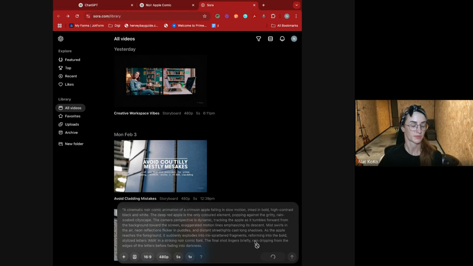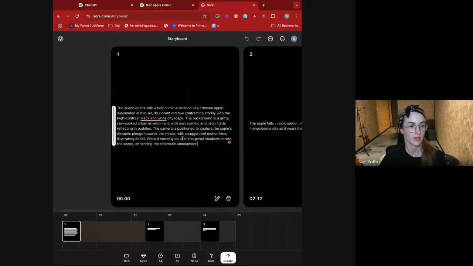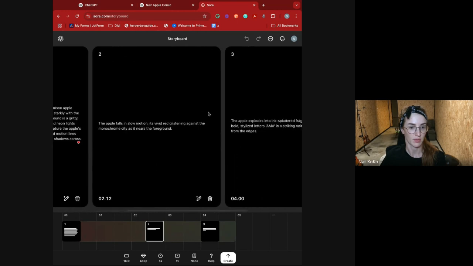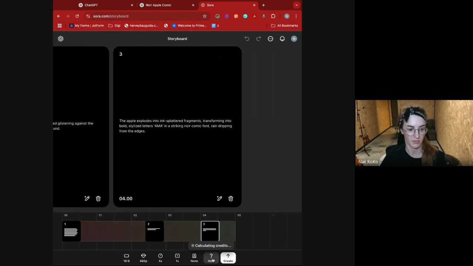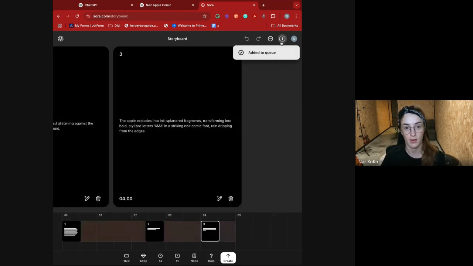Generate storyboard. Could just be a glitch or a user error that's happened, why it didn't show a scene by scene storyboard. Okay, here we go. This is what I was looking for. I'll have a quick read over it. The scene opens, the apple, and so on. And that's good enough for me. It's going to use 25 credits. I'm happy with that. We'll hit create. It may take 3 to 5 minutes, but we will see in just a moment. You can see that it's in the queue on the top right-hand corner. While this is loading,